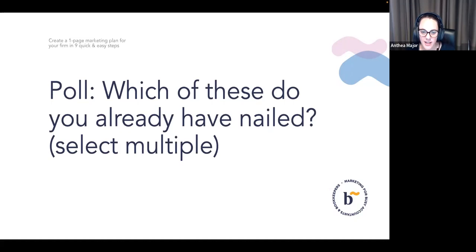And then it looks like the second best one, I guess, is your ideal prospect and their pain points. So that's great that you're starting to work out who you're going after. Few people have none of them sorted. Probably the other lowest one there is where your ideal prospect hangs out, which I'll focus on in particular because it's quite a difficult one. It's kind of the magic bullet, right? If we can work that out. It's not always easy, but we'll focus on that today. So thank you very much for that.